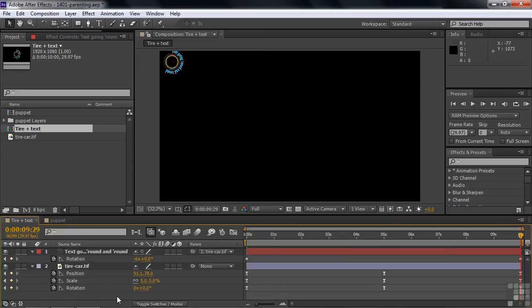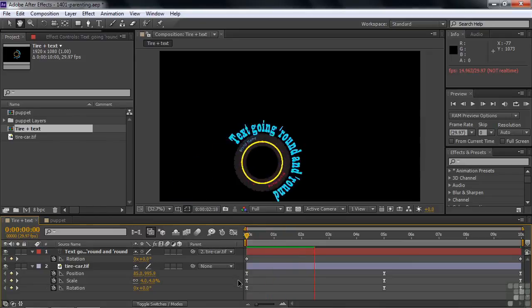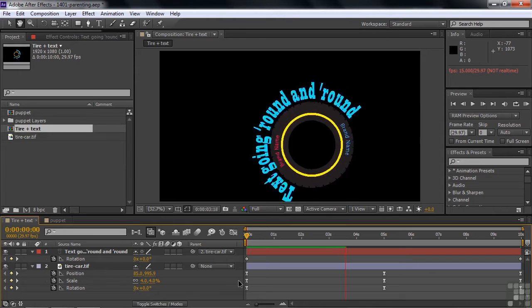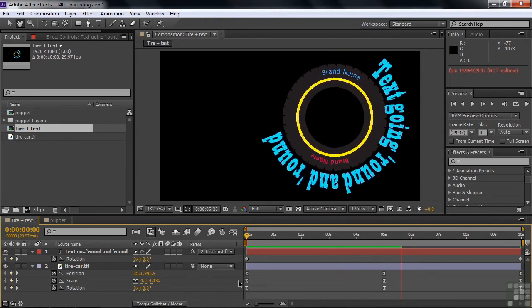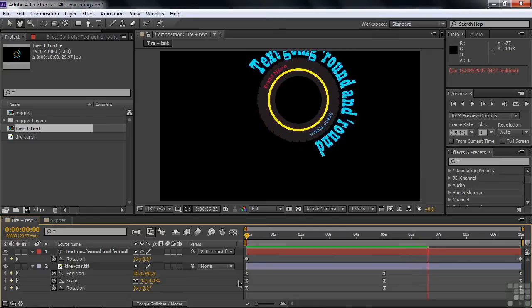So what's going to happen? It's going to go -6 to the end there, while it's also going -6 to here. So let's just see what happens. It's going to go faster than the wheel, faster than the tire. Then when it gets halfway through here, what's going to happen? And now the wheel goes the other way, and now the text kind of now has to slow down